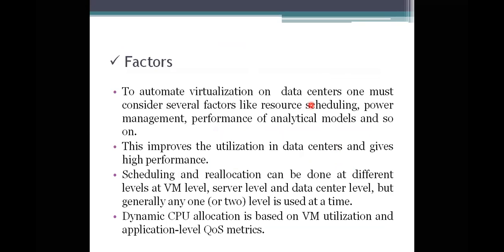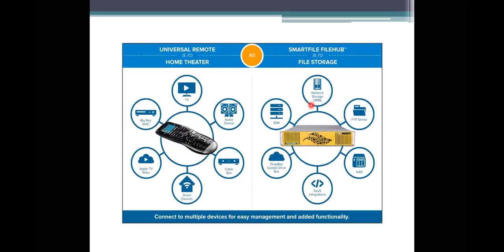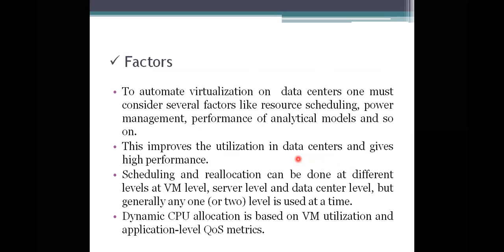Say I want to access the SAN. Many people can access the SAN, because it is only a device which is storing data on a network. So if you want to access a Dropbox, first we need to see whether the resources you have chosen will be scheduled or not. The resource scheduling has to be done. What is the power management, and the performance analysis you are doing. These are the things we need to consider.